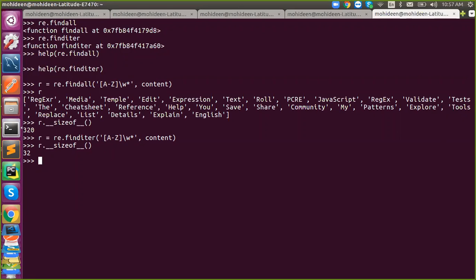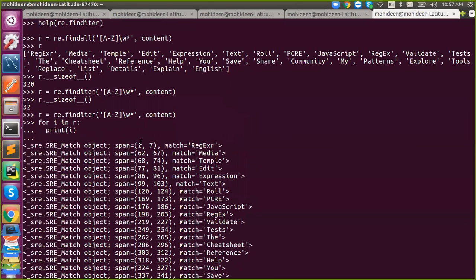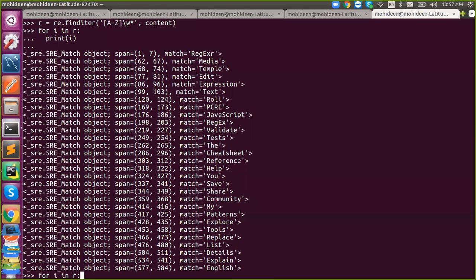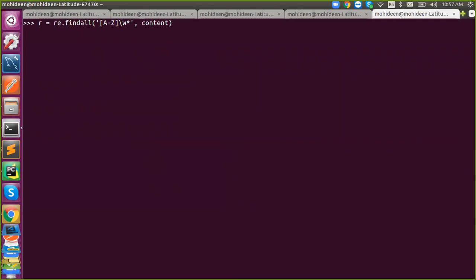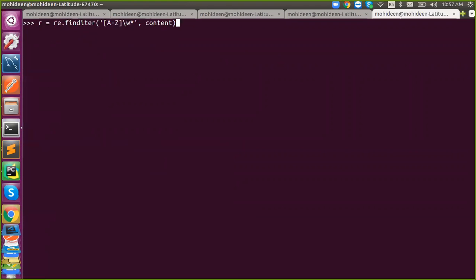But both are what? Both are iterables. With the help of finditer, you can iterate, for i in r, print i, but here you will get a match object. Match object means you can do anything you want to. It will give you all of your access, like what we applied, like groups. We can say group, etc. We have plenty of options. Findall will exactly return what you want. So both are iterables, there is no doubt in it, but finditer is purely memory efficient. That is the difference.